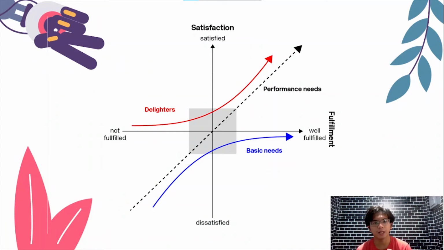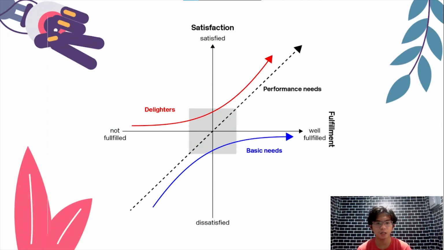This is the model that was developed by Dr. Noriaki Kano. To explain it, the x-axis indicates whether the product requirements are provided or not. Then the y-axis is the customer's response, whether they are satisfied or not. The first is the basic qualities. That is the curved arrow on the lower part of the model. It indicates that when the product requirements are fulfilled, it is elevated, meaning the customer is more satisfied. But if it is not fulfilled, on the other part of the arrow, it is in the lower part. So the tendency is that the customer's response to the product you sell is dissatisfaction.